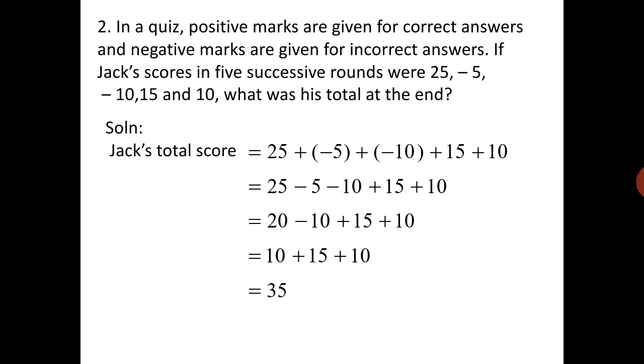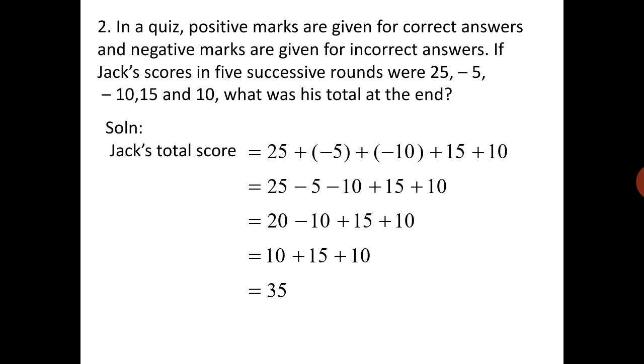In your examination, if it is a 4-mark question, either you get 4 or less than 4, but the least marks given is always 0. That means out of a 4-mark question, you may get 0, 1, 2, 3 or 4. You never get marks lesser than 0. Negative marks are not given. Herein they are there. So how to add them? Because we are supposed to find the total.